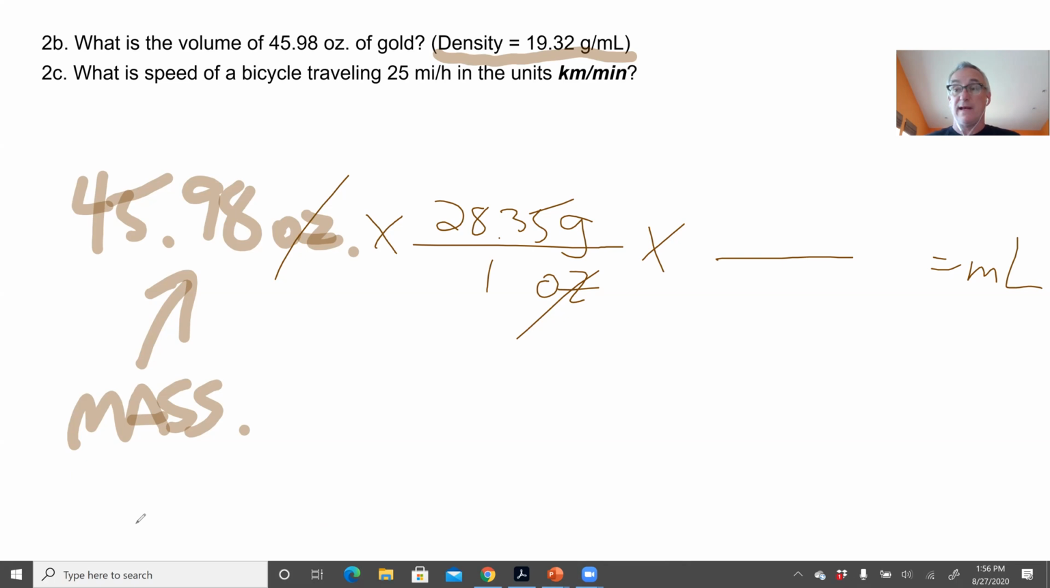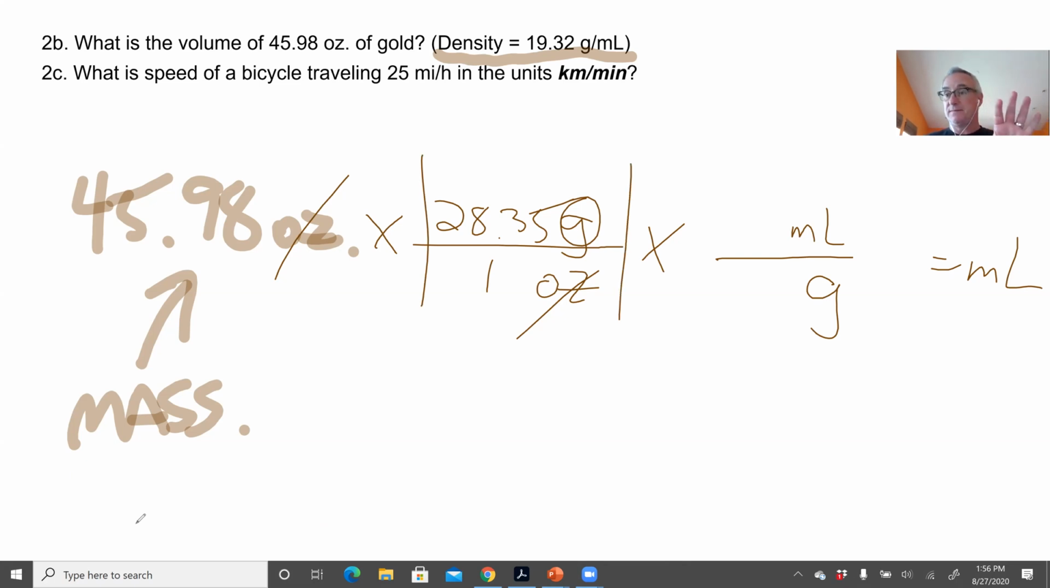Mils in the top and grams in the bottom? Yep, I want mils. So that's the unit I want. I always put that in the numerator. And the unit I want to cancel, which is grams, I'm going to put that in the denominator. So what do I put here? So this is my conversion of